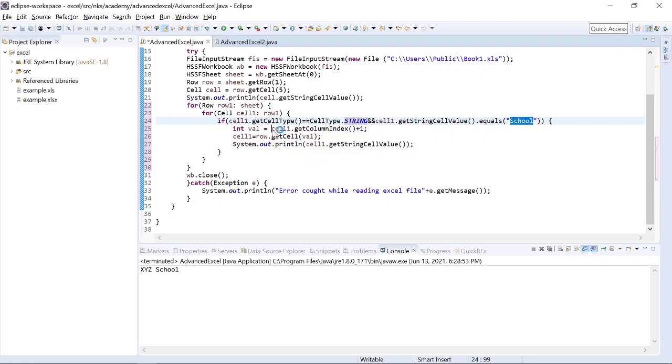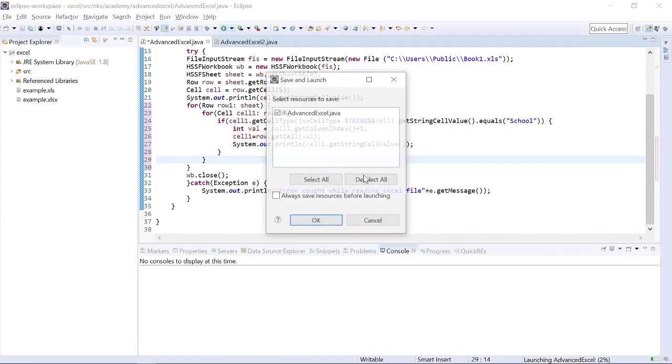See this, I am incrementing the cell value with 1 and I am getting the cell at that row index. Okay, and then I am printing the value. So let's run this and see what is happening.